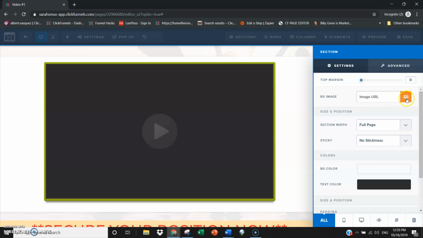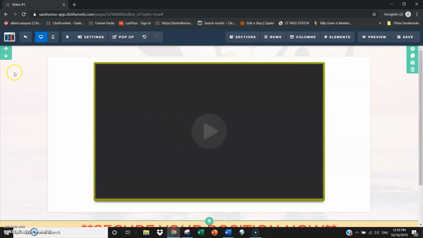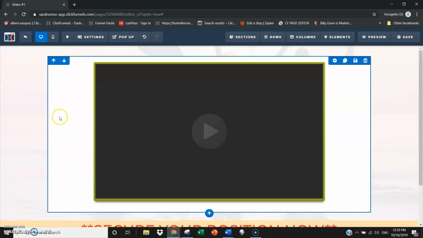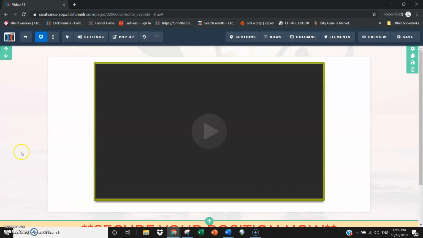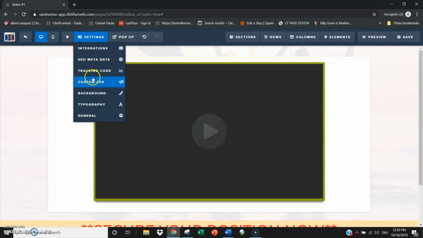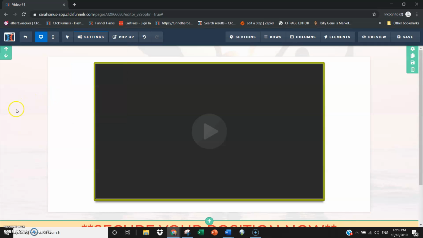So you can come here and add your image there. Okay, so you add your image there, and now that is going to show up behind this, okay? So you can see how it's stacked in layers, right? And then you could just take that background image out of here if you want, because I don't see it